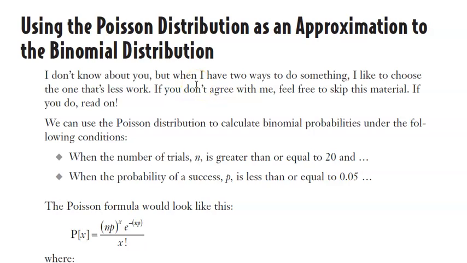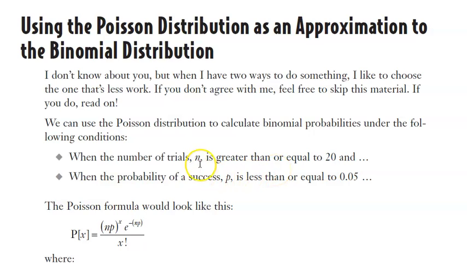Next topic is using the Poisson distribution as an approximation to the binomial distribution. Sometimes we can apply the formula of Poisson distribution as an approximation to the binomial distribution. In this case, if the condition is that the number of trials n is greater than or equal to 20 and the probability of success p is less than or equal to 0.05, we can use Poisson distribution instead of